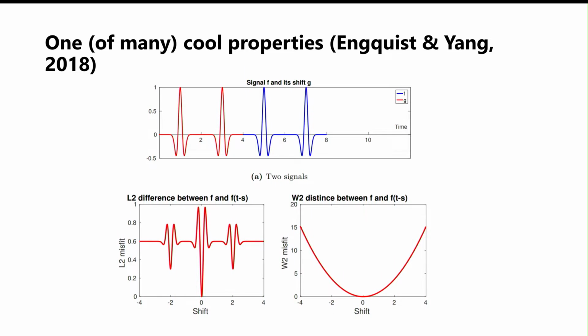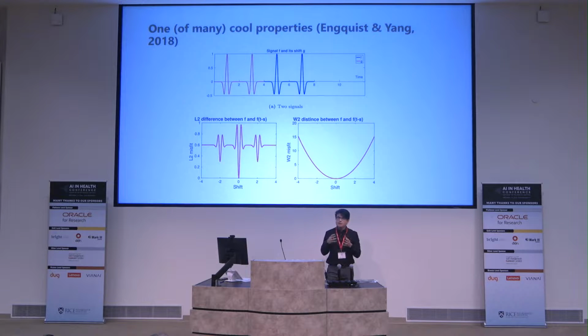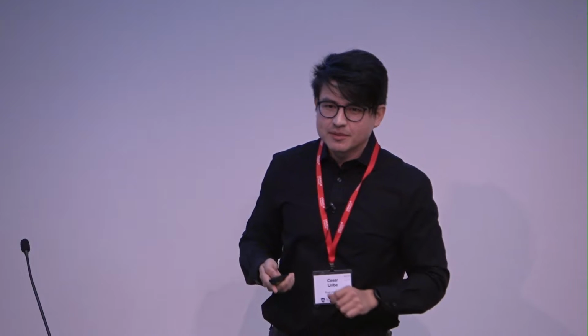But if you do the same exercise using optimal transport distances, you get this picture on the right, which has this smooth convex behavior, which in a sense captures the geometry of the signal better. So as you shift the signal a little bit with respect to itself, it has a convex or smooth behavior that we like to analyze better. And you can imagine that if you're recording ECG data, each of the heartbeats are not exactly one on top of the other, but you have some variation in between them.